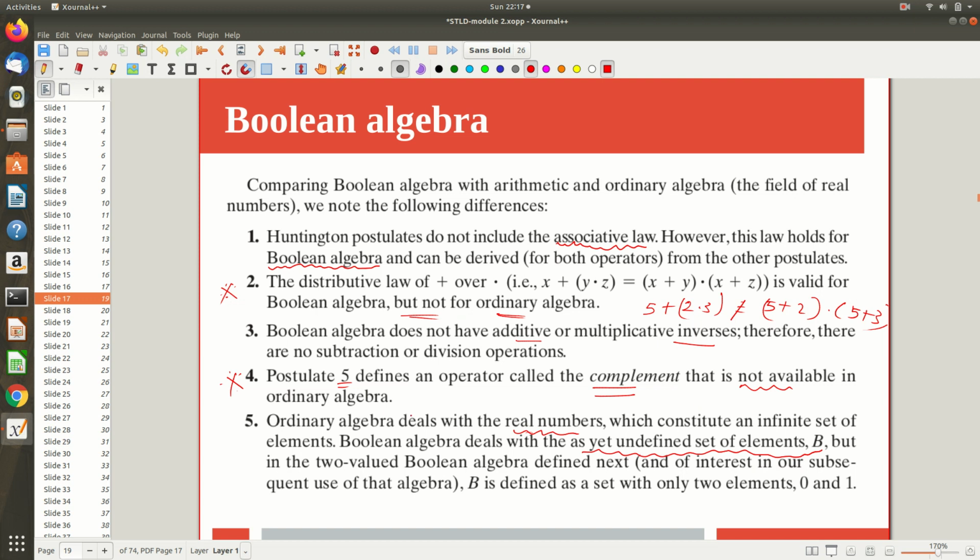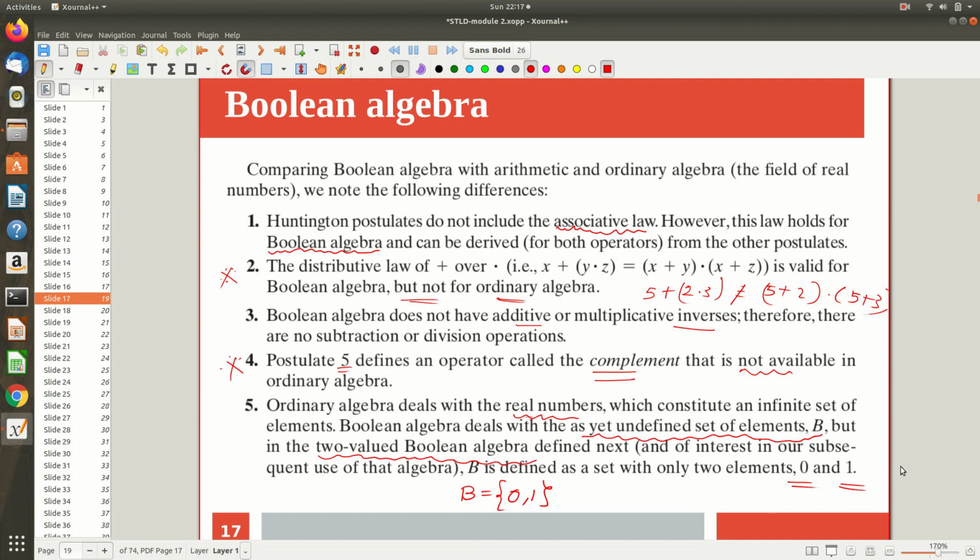But if you are looking at two-valued Boolean algebra, which is proposed by Claude Shannon, which is a switching algebra, here it is more specific. We have a very clear definition for the B. So we know that this B is nothing but 0 and 1. Right. So that is restricted only to 2 elements, but in general for Boolean algebra the requirement is it should contain at least 2 elements. But anyways, switching algebra is also a valid Boolean algebra, where the at least 2 elements become exactly 2. That is the only difference, right? Accordingly we have switching algebra.